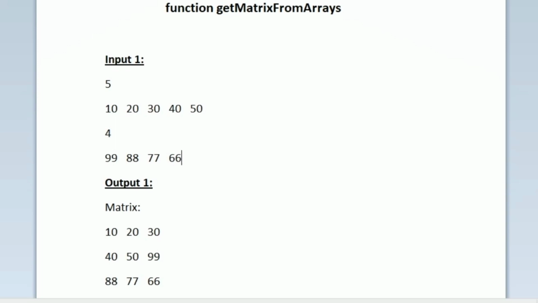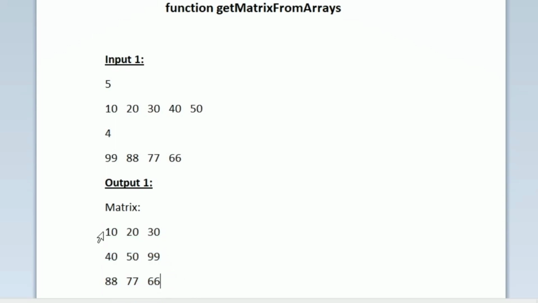So now our task is to convert these arrays into a square matrix. So in a square matrix, the number of rows should be equal and the number of columns should also be equal. So we have 9 integers. So we can form a square matrix of size 3 cross 3 so that the rows count is equal and the columns count is equal, and we can store all the integers into the matrix.